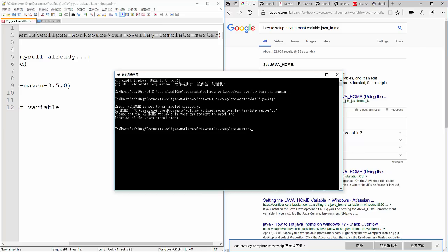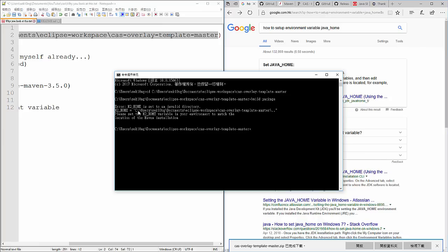I also didn't set this, so you also need to set it, because your Maven is downloaded but not linked to your home directory. You need to set your M2, which is the Maven, in order to make Maven work.